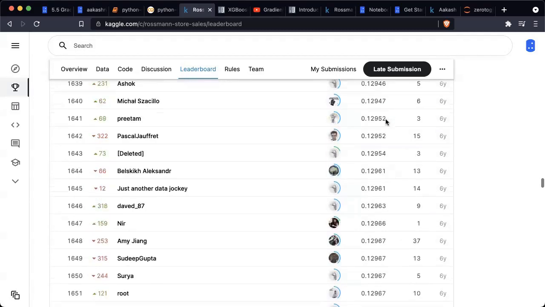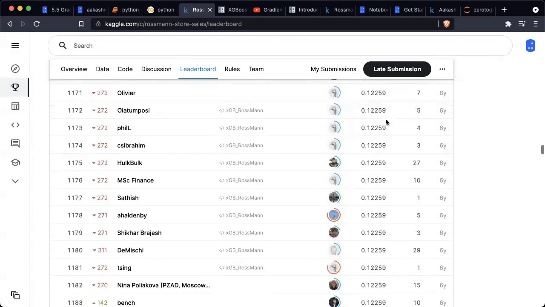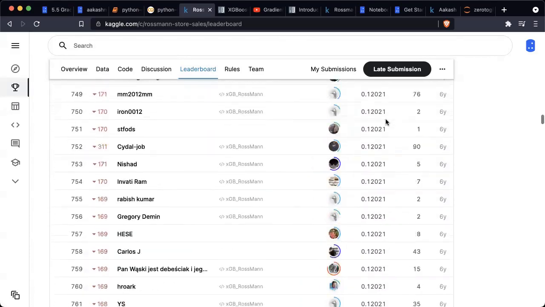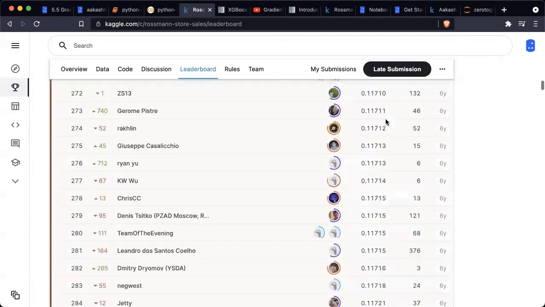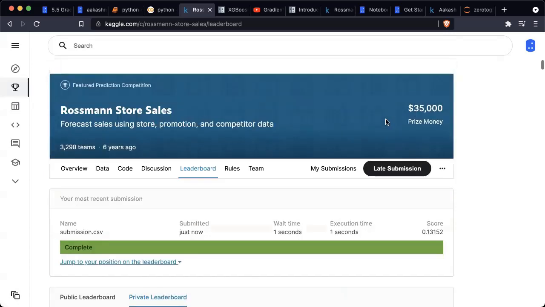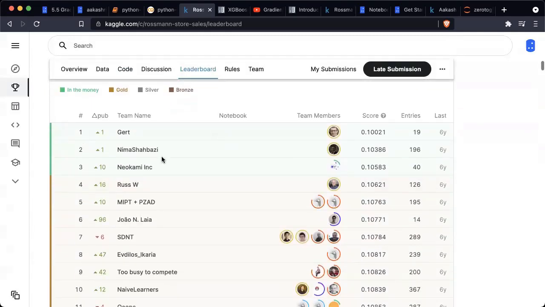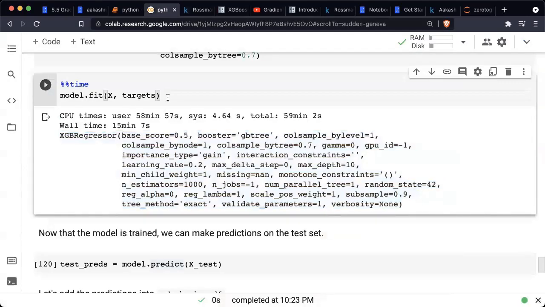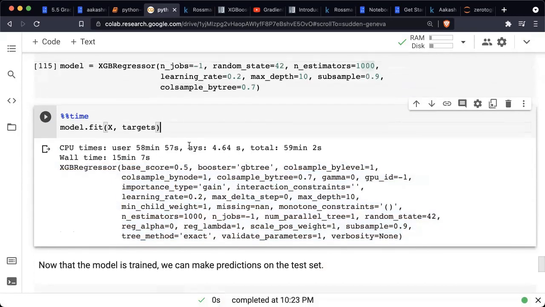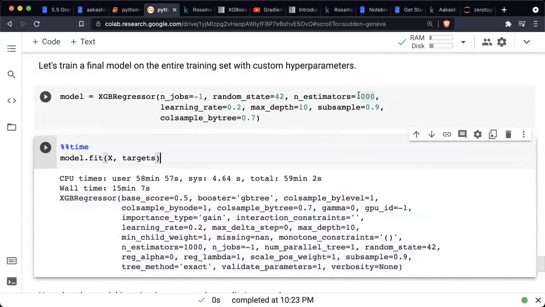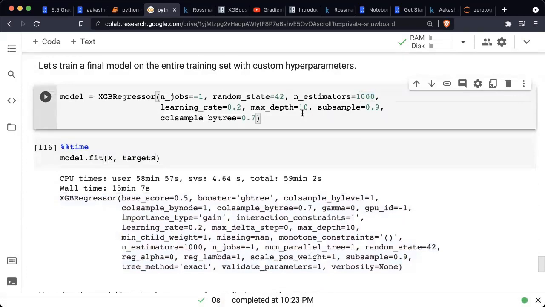And that's not bad. If you're in the top 50% of a Kaggle competition, then you have a decent model and you will see that the gains are actually pretty small beyond that point. Like from 0.13 to 0.11, the overall gain is of about 10%, right? So you have achieved about a 90% possible reduction in the error. And mostly here, in a lot of cases, the top submissions often have a lot of models, maybe they ensemble like 10 models, and we've not trained a very big model, even though it took about 15 minutes. We've only put in 1,000 estimators and a max depth of 10 and a learning rate of 0.2.